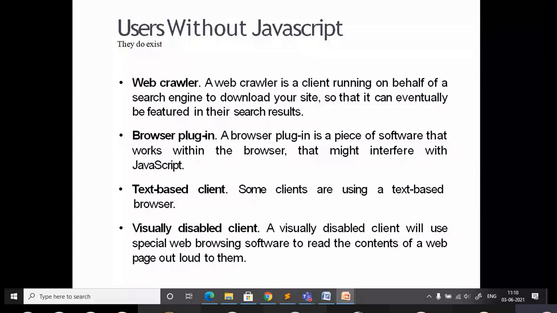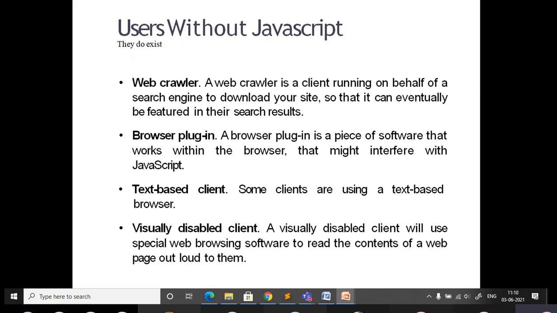With respect to the visually disabled client, they use special web browsing software to read the content of a web page. In such cases, the specialized browser does not interpret JavaScript. Whatever browser is dedicated to visually disabled clients may not support JavaScript, or it may not be accessible to those users.